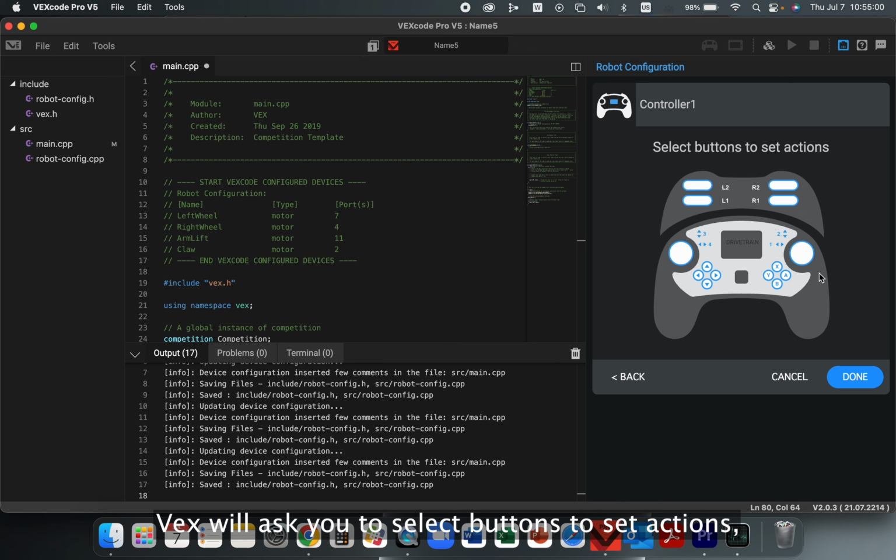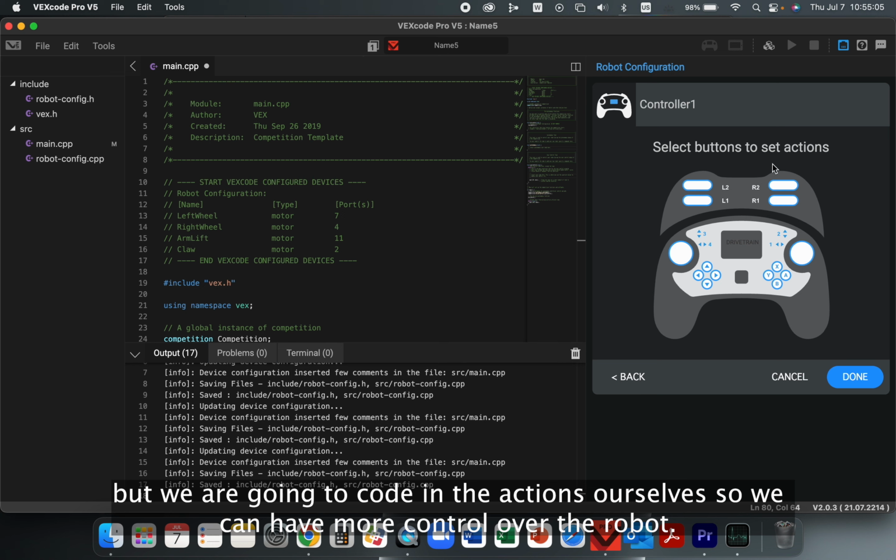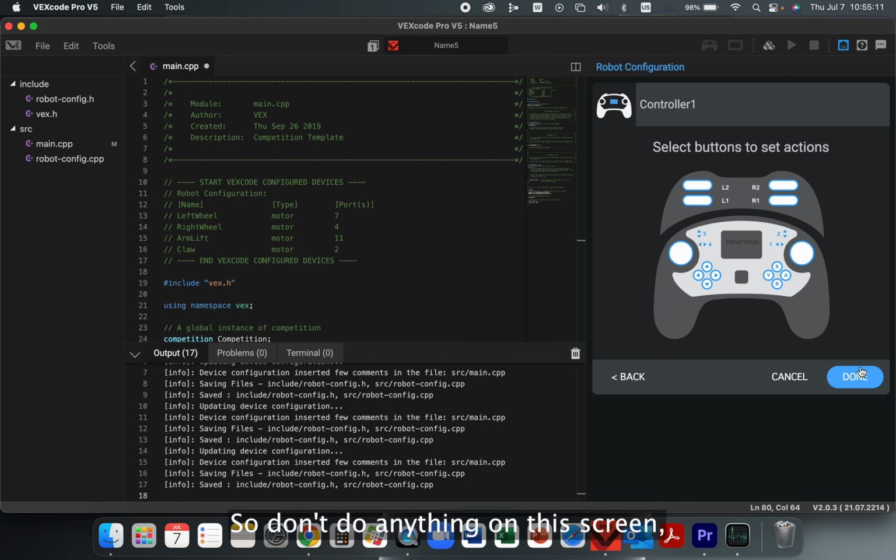Now, it says that you can select buttons to set actions, and you can, but what we're actually going to do is we're going to code them in, and that way we can have a lot more control over what the controller makes the robot do. So you don't have to do anything on this screen, just click done,